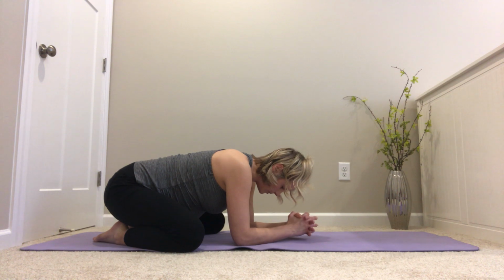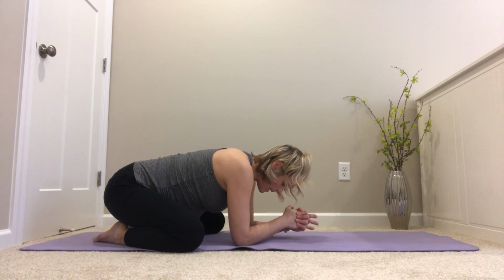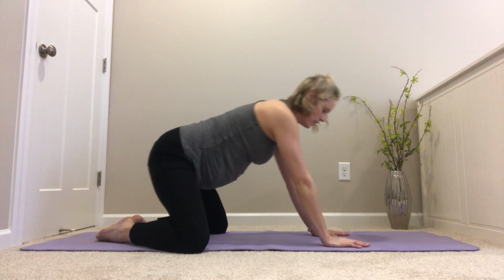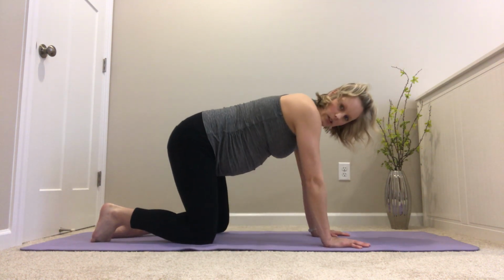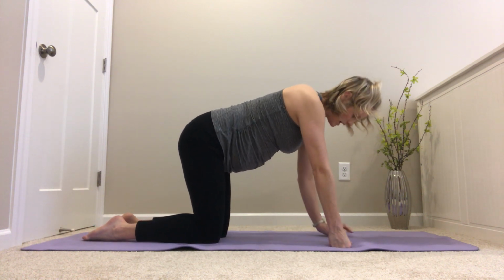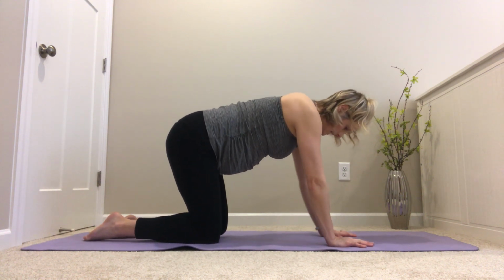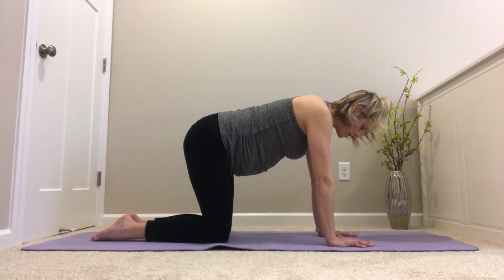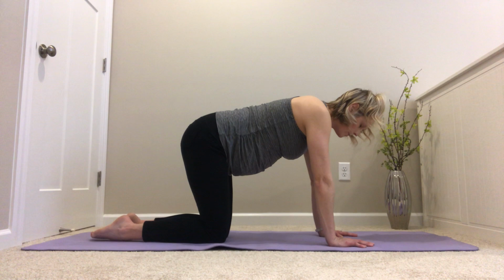From our child's pose, let's bring ourselves back up onto all fours for spinal balance. So knees coming back underneath our hips, hands underneath our shoulders. Again, you have that fist for wrist option if you'd like to take it and do what works for you and your body. From here, I challenge you to keep your spine super steady,